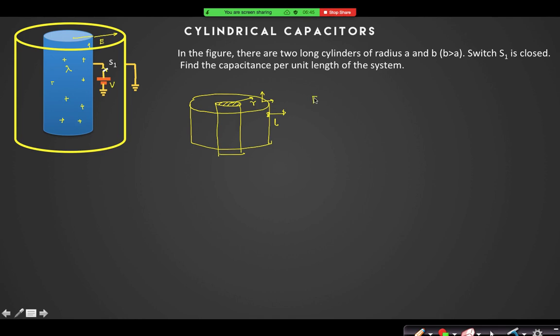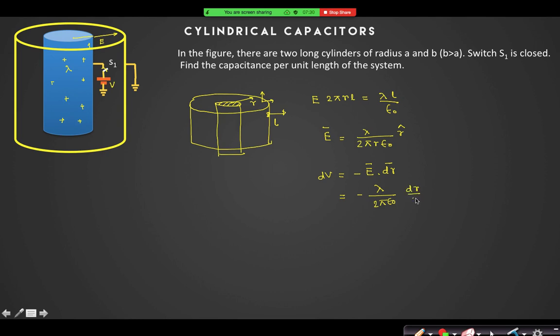So I can write that E dot dS is E into 2 pi r into L, that is equal to the charge inside, lambda into L, because lambda is charge per unit length. So inside that length L, lambda into L charge is enclosed, divided by epsilon naught. So the electric field is lambda divided by 2 pi r epsilon naught, and it is r cap if you want its direction. Now what is the potential difference dV? I can write the equation as minus E dot dr. So dV is equal to minus lambda divided by 2 pi epsilon naught into dr by r, right?